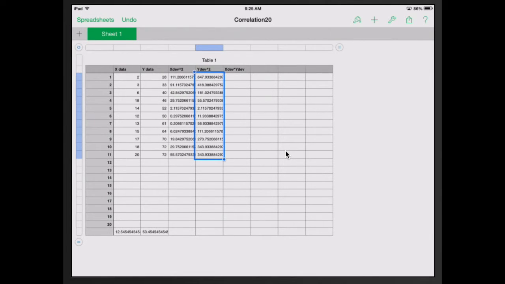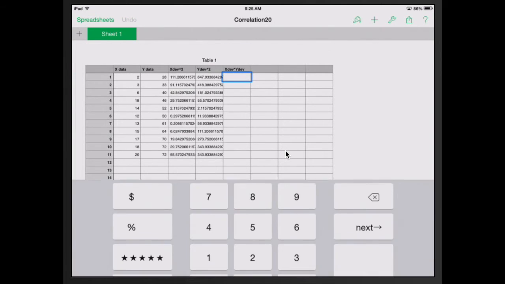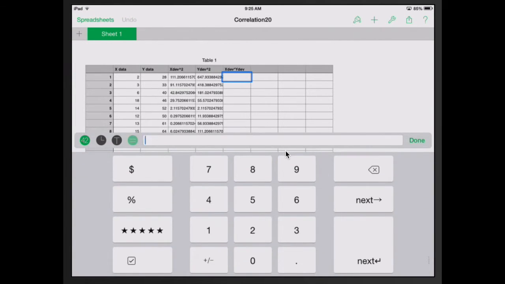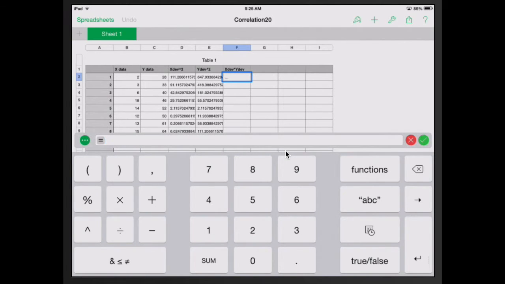All right, next cell over. We're going to need a formula here. It's going to be the x deviation times the y deviation. So double tap, start with an equal sign. All right, so it's a product of two deviations. I'm going to need a parentheses times another parentheses. So I'm starting with the parentheses, and the x deviation would be the first x value minus